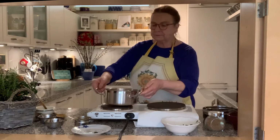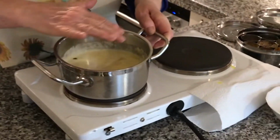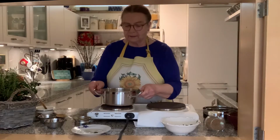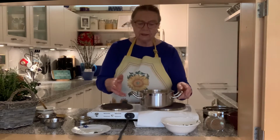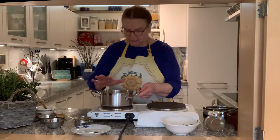And our ghee starts to separate, like the milk solids start to come to the top. A lot of people then start to skim the foam off, but I don't do that because you don't really need to, and a lot of the butter gets lost in that. So you just let it gently cook,